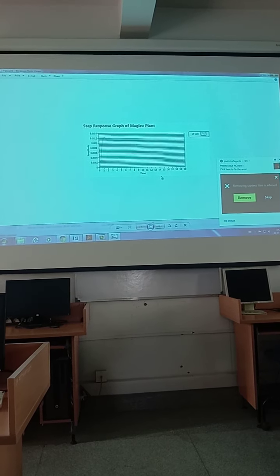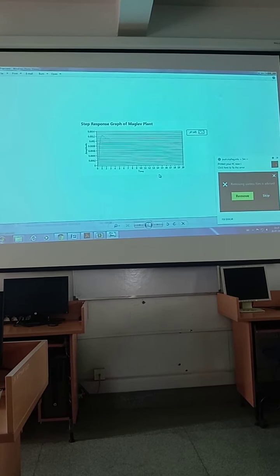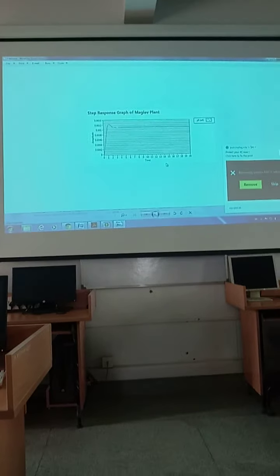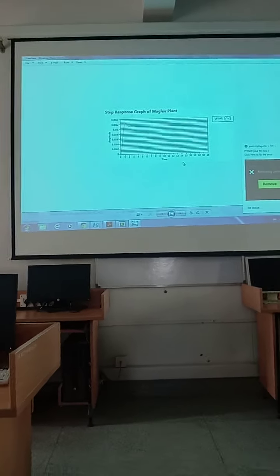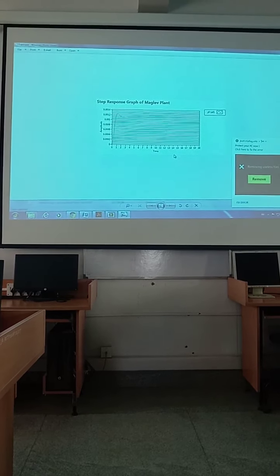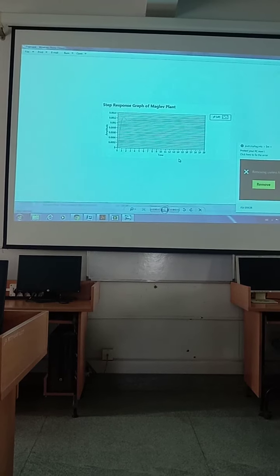It will take some time to settle down. That is the settling time. From 0 to maximum is called the rise time. And if it crosses the desired value, that is the overshoot. What percentage it is crossing, that is the overshoot.